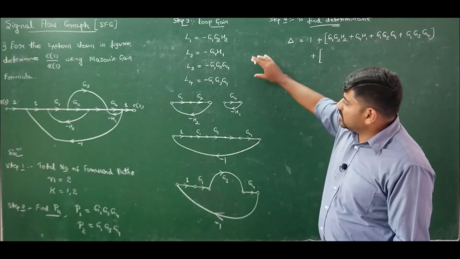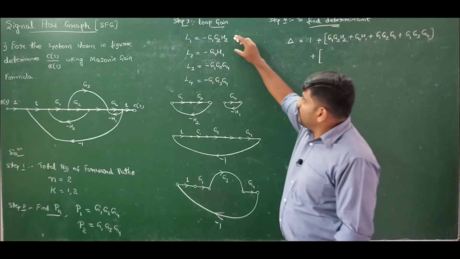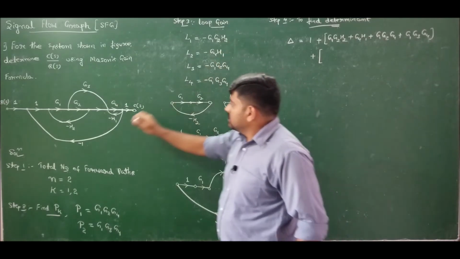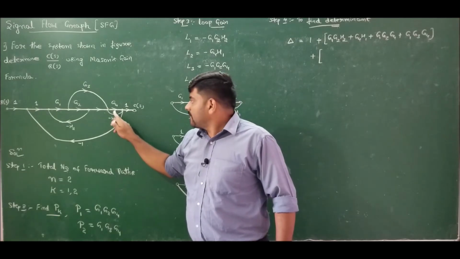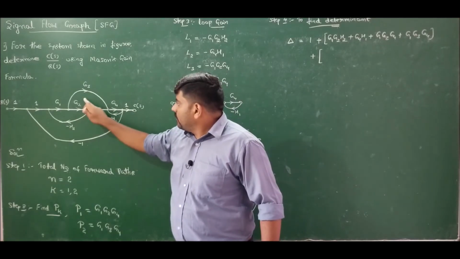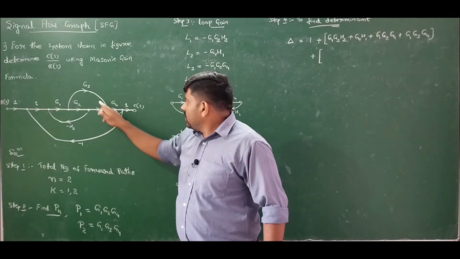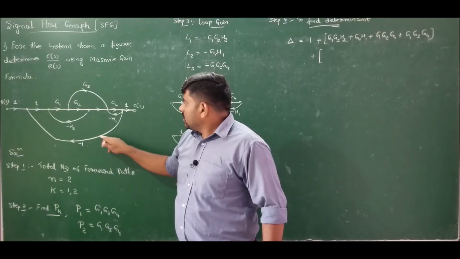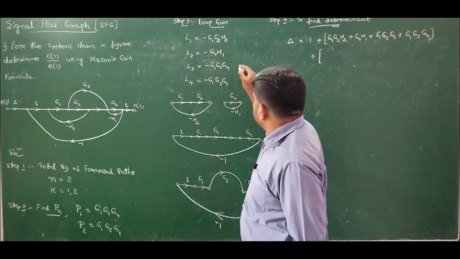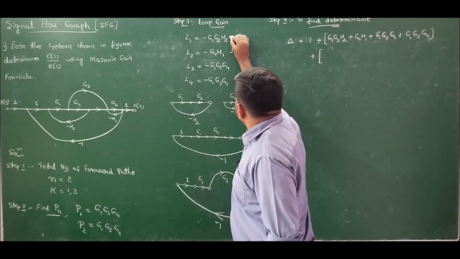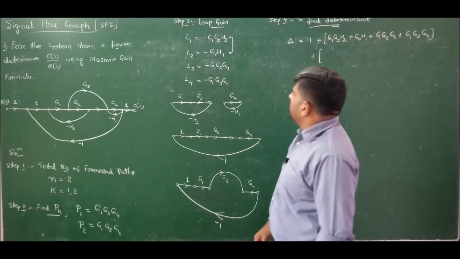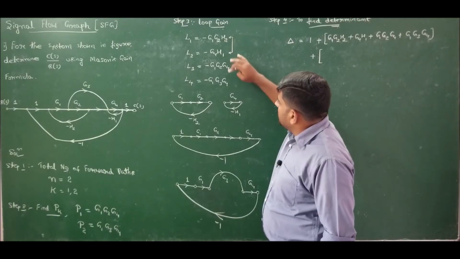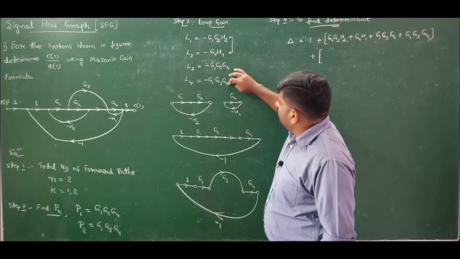So check which are the combinations of two non-touching loops. L1 and L2 are not touching each other. L1 and L4 are touching here itself. L2 and L4 are also touching. And L3 is touching all the three. So the only possibility is that L1 and L2 are not touching each other. This is the only combination of two non-touching loops, whereas L1 and L3 are touching, L1 and L4 are touching, L2 and L3 are touching, L2 and L4 are touching, L3 and